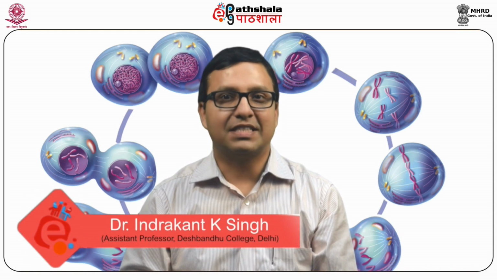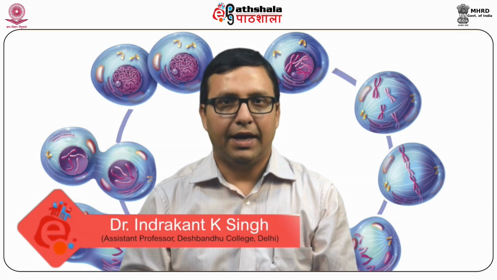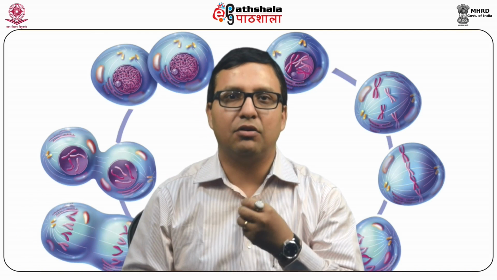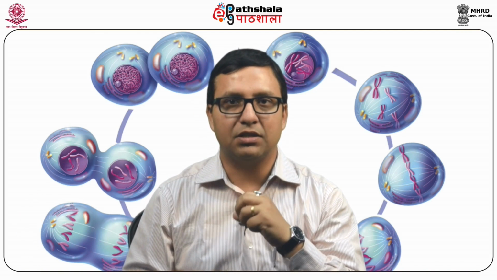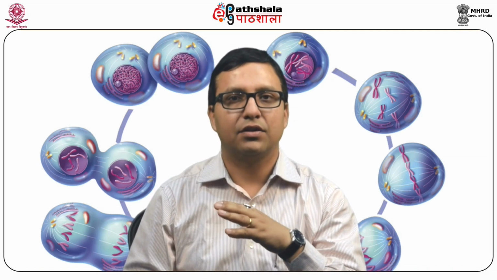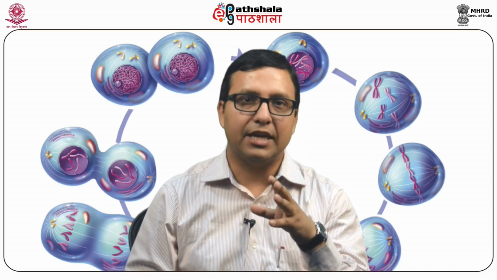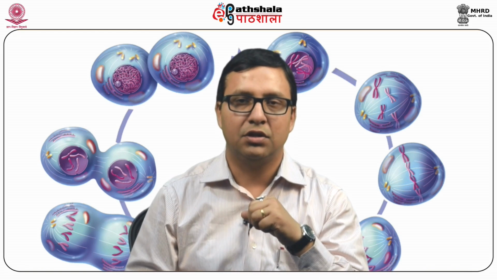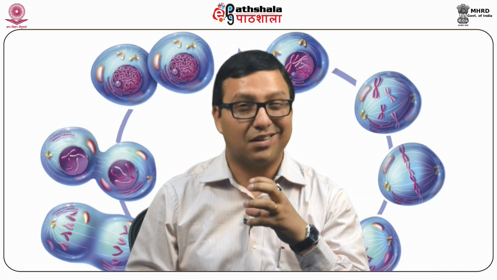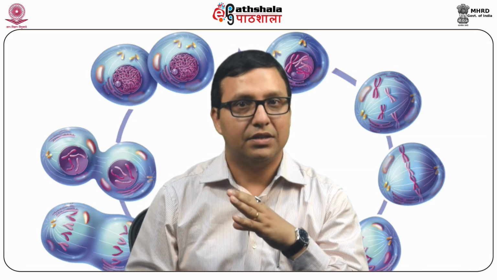Today we are going to discuss about cell cycle part 1, that is on mitosis. In this module we are going to discuss about the historical background of cell cycle, basic introduction of cell cycle, and very importantly about the DNA and chromosomes. As the process of cell division differs among the prokaryotes and eukaryotes, we will discuss it separately. Eukaryotic cell division is a complex and highly regulated event. We will focus on it in detail.